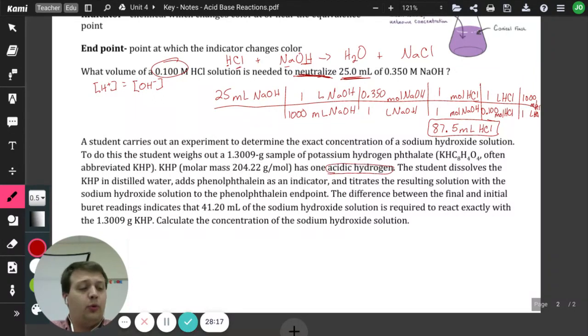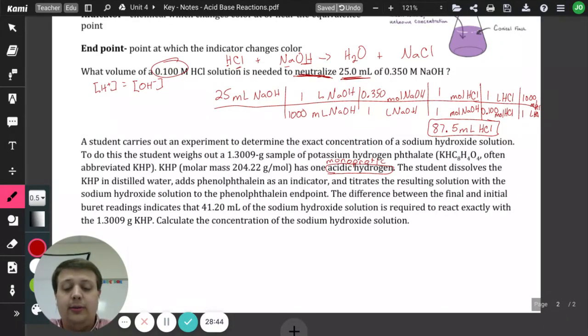Now this is actually important. This is what we call monoprotic. And what that means is it's got 1 hydrogen to actually give away as a part of this reaction. Okay. Now the student dissolves the KHP in distilled water, adds phenolphthalein as an indicator, and then titrates the resulting